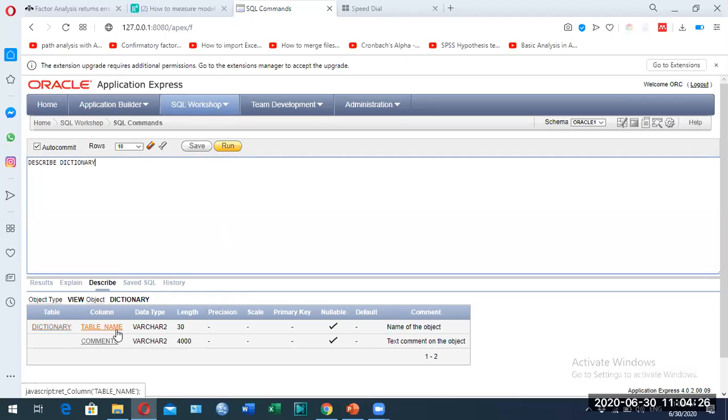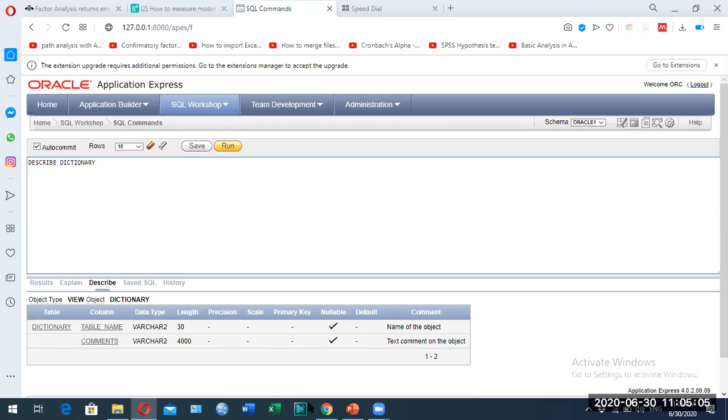That dictionary consists of table names, and we have 30 tables over here, and 4,000 comments will be added in this. So the dictionary tells that a table has columns, data type, length, precision, scale, primary keys, other constraints, null by default constraint, and comments. Then as you add more, other constraints will be added into the data dictionary.